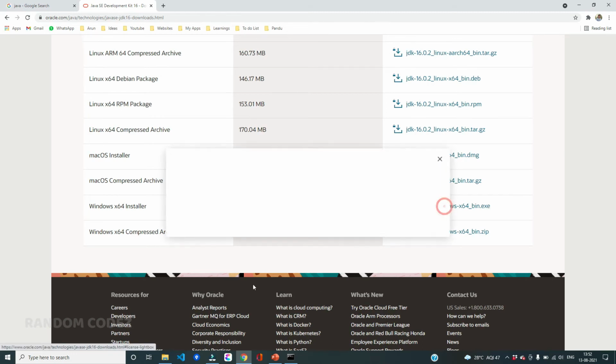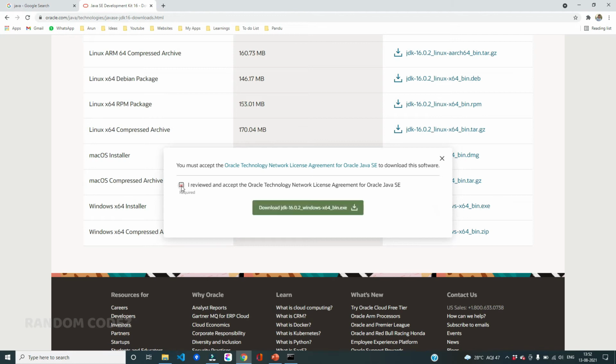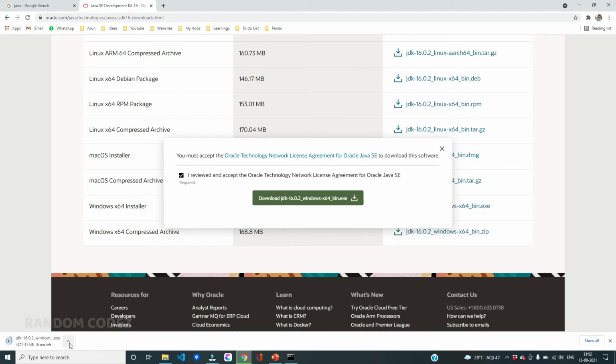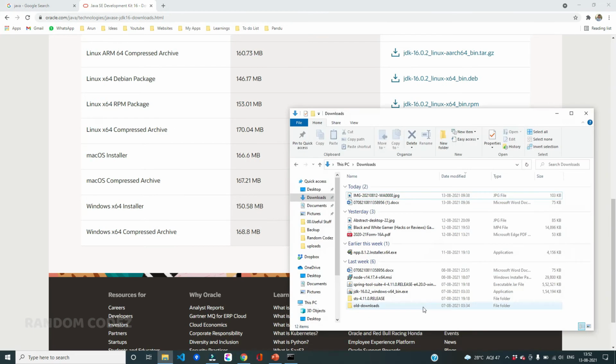So click this, and we have to accept the terms and then click this download. It starts downloading, and it will take some time to get this done. Now the download is complete, and we have this downloaded .exe file here. Once we have this file, we just have to double click that,